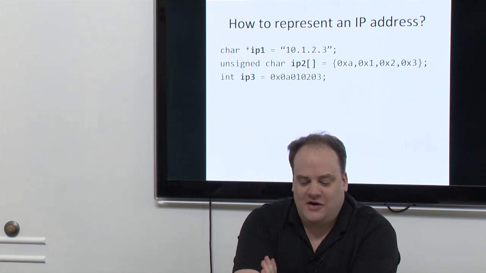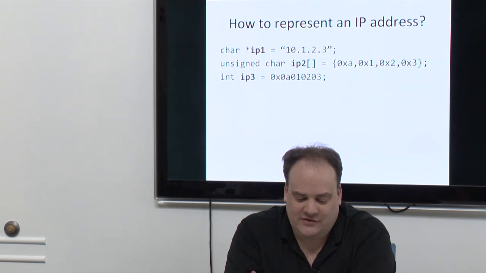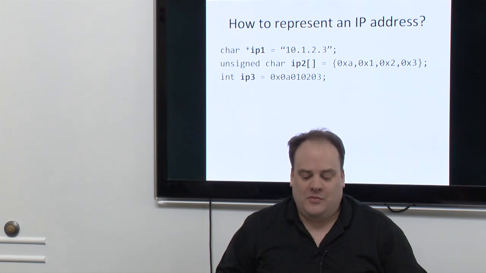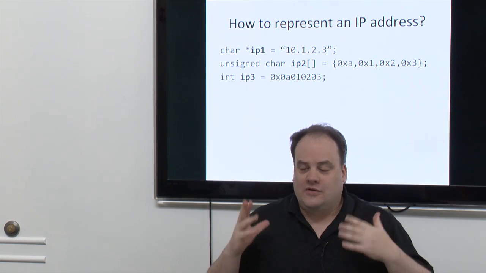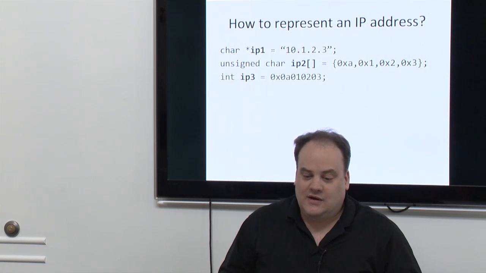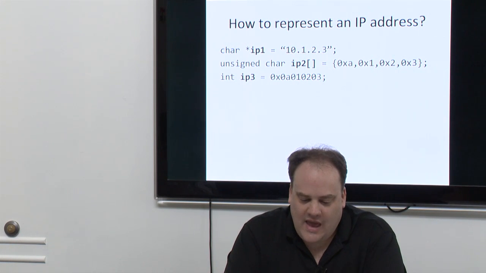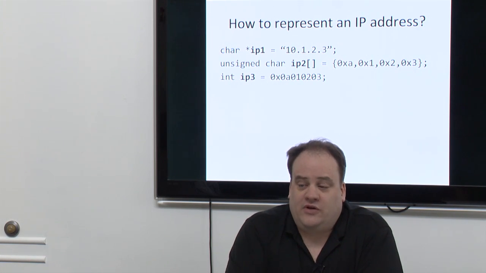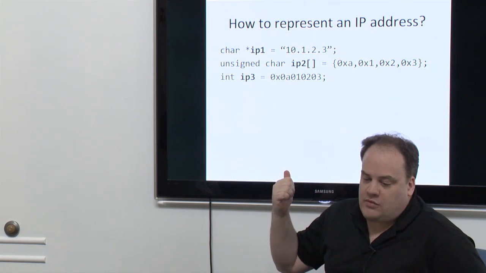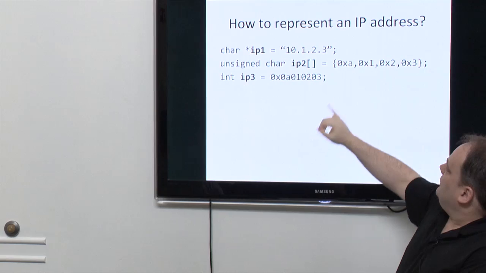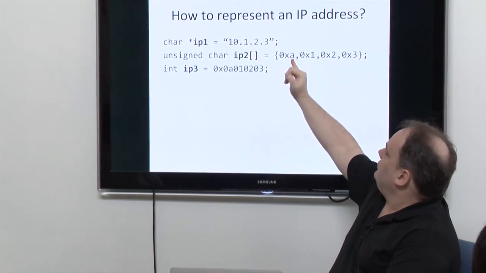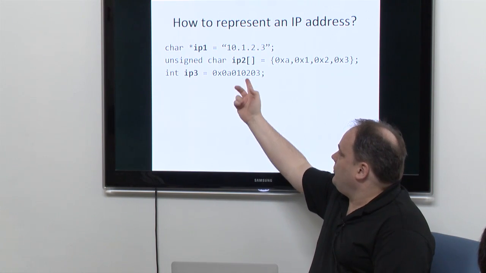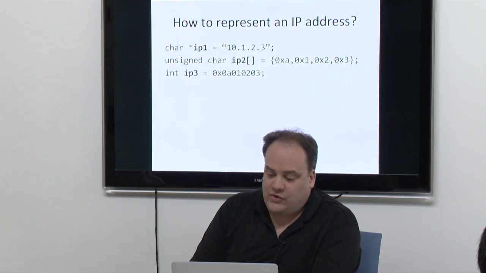And so it taught you guys a lot of bad habits, one of which is this issue of endianness or byte order. I assume you guys all remember that epiphany you had, like, wow, byte order, it's something I hadn't thought about before, and now it's something new and interesting. And what Stevens taught you about byte order is wrong. There are 3 correct ways of representing an IP address. There's the string form; there's an array of bytes, so we know it's big endian, with the high byte first, so it's 10, 1, 2, 3; or as an integer, represented as a hex integer. And these are the 3 correct ways.